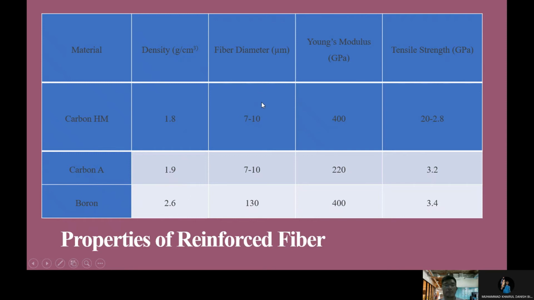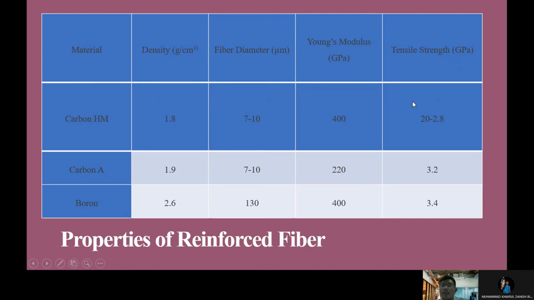For the fiber diameter, the carbon HM is 7 to 10, while the carbon A is 7 to 10, and the boron has 130 fiber diameter. And the Young's modulus, carbon HM has 400, while the carbon A has 220, and boron